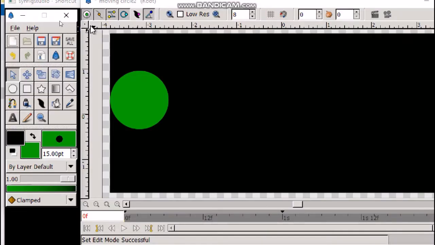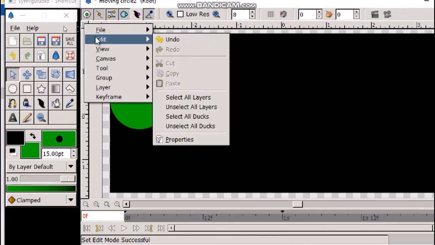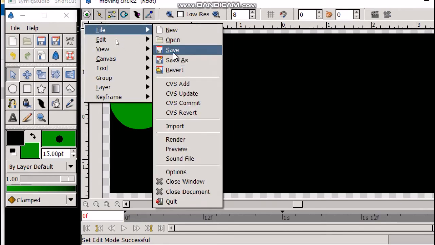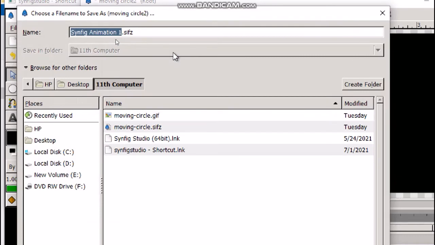Then click on caret, file, save. Save the file by the name moving circle 2.sifz on the desktop in 11th computer folder.